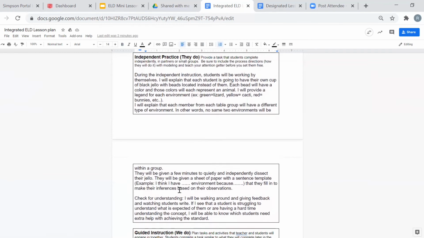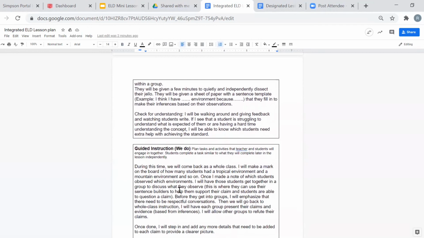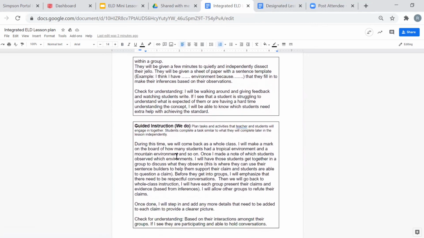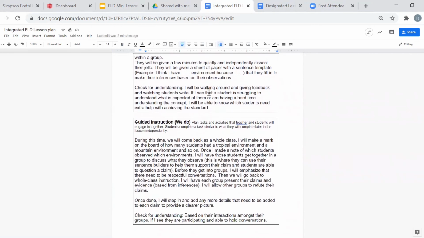They'll be given a few minutes to quietly and independently dissect their jello. They'll be given a sheet of paper with a sentence template. Example, I think I have blank environment because blank, that they will fill in to make their inferences based on their observations. My checking for understanding during the they do will be I will be walking around and giving feedback